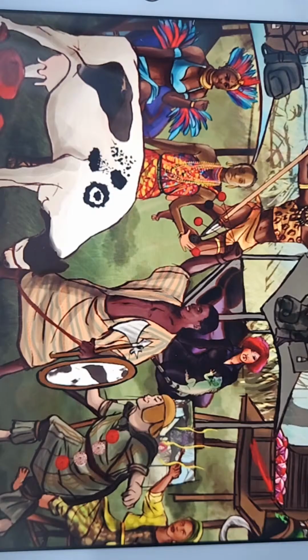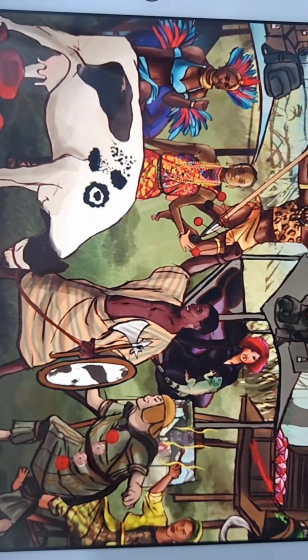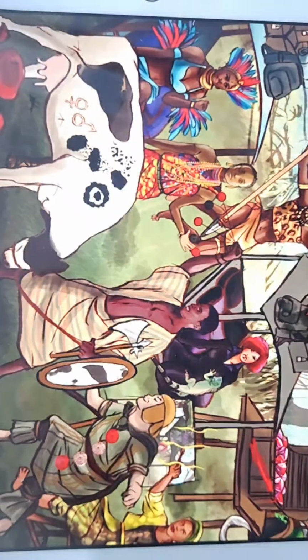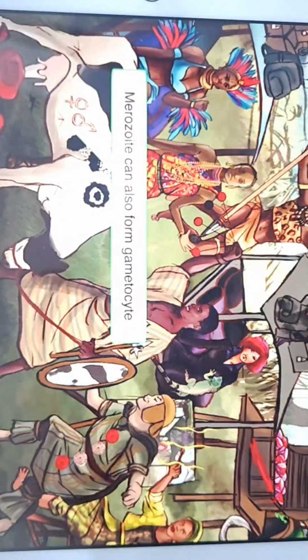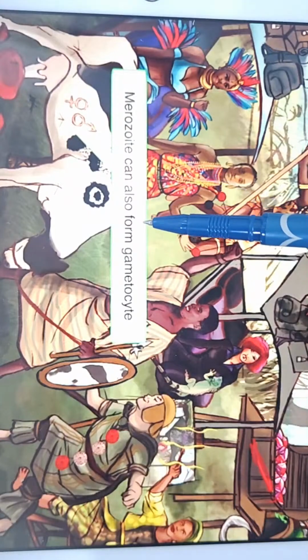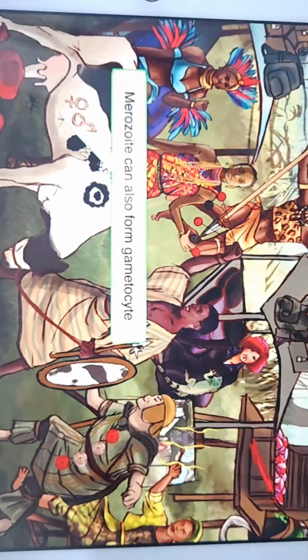After the merozoite infects the red blood cell, it can also form gametocytes, which are the sexual form of Plasmodium. Let's draw in one more infected red blood cell, represented by this red blood cell shaped spot here on the cow, but this one is next to two brand markings seared into the cow's hide of a male and female symbol. The cycle is continued when a mosquito bites an infected patient and takes up the red blood cells that